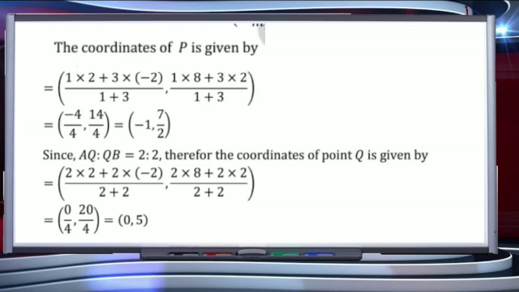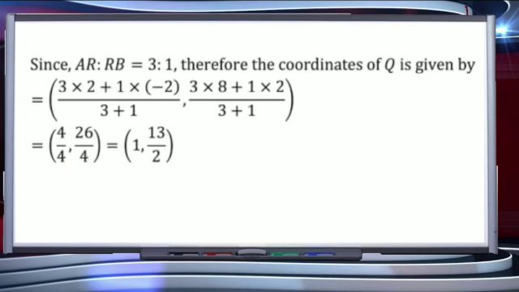Next, we will calculate the point R. So last, R, which is dividing the whole AB in the ratio 3 is to 1, will be calculated on the basis of section formula, and on solving it is coming out to be 1 comma 13 by 2. Students, I hope now you are able to apply the section formula easily.